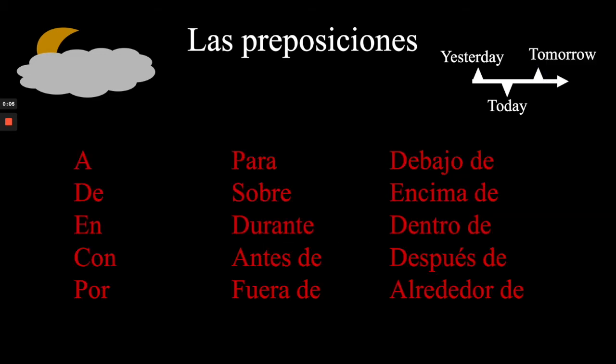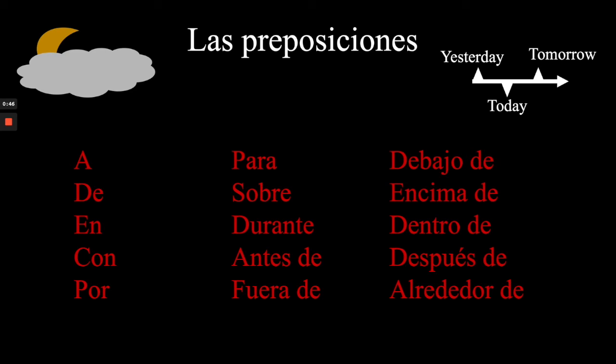So now that we have defined prepositions, well, I've done my best to try to define the concept of a preposition, let's have a look at the prepositions that we have covered together this year so far. A means to, de means of or from, en means in or on, con means with, por means, well, por means a lot of different things, and so does para. In our next lesson, we are going to talk more about the definitions of por and para. So I'm going to skip over that for now and go on to sobre means over, durante means during,